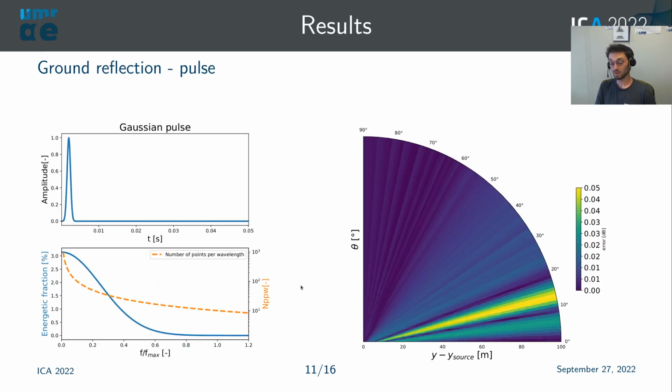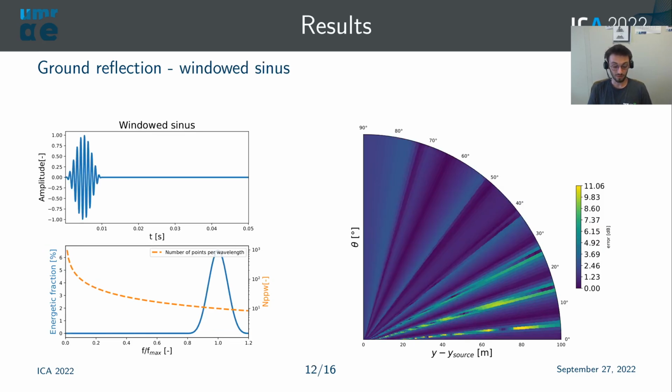For the reflection results, we have here the Gaussian pulse, and you can see that for a Gaussian pulse the error on the polar matrix is not that high and really not relevant. However, this source has a particularity: it's over-discretized. For the maximal frequency, here 10 points per wavelength, we don't have a lot of energy, and most of the source energy is over-discretized, most of it over 100 points per wavelength. So then if we take a more harmonic source, here with most of the energy